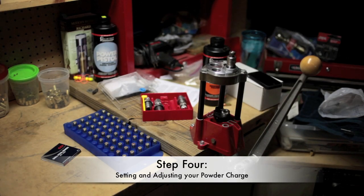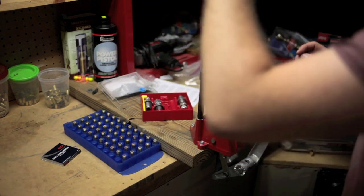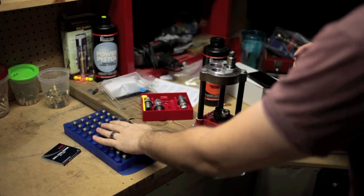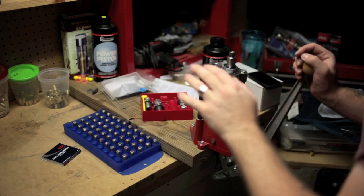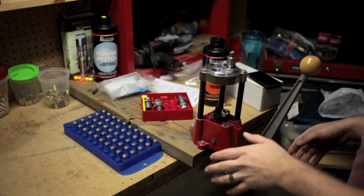Alright guys, here we go. We have 50, which are now resized, decapped, reprimed 9mm brass. These are ready to be loaded. The next step is